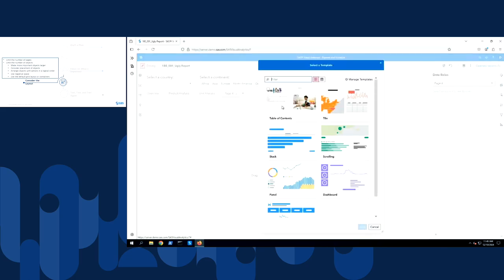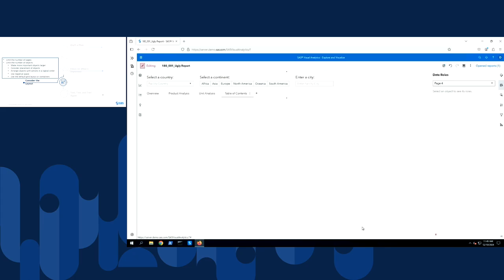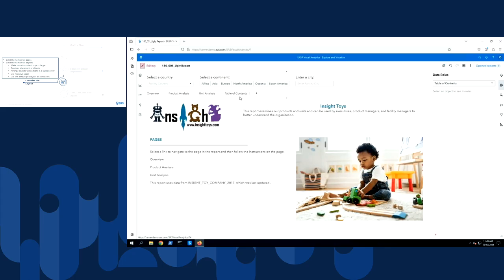So you can see I've created a page template called Table of Contents. The other ones are default and they come with SAS, and you can use those as well. I think I did an Ask the Expert about page templates too. So I'm going to add that to my report. It's given the name of the template, Table of Contents, and then it's added a logo, some information about the pages, about the report, and an image. Now I want this Table of Contents page to be displayed first, so I can drag it to the left so it's displayed before all my other page tabs.